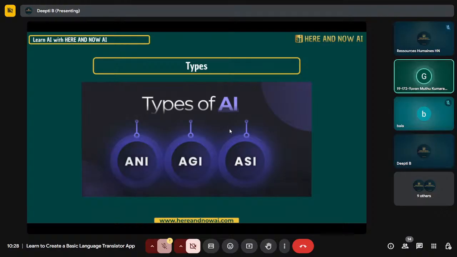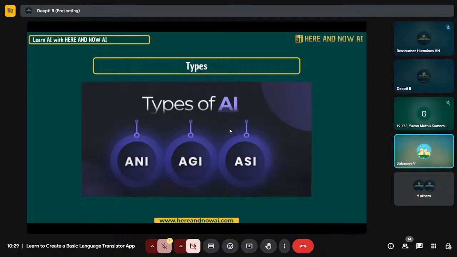ANI stands for Artificial Narrow Intelligence. Thank you, Yuvan. Yes, that is artificial narrow intelligence. Especially Sunil, Vedant, any of you to also complete what is AGI and ASI? Ma'am, AGI is Artificial General Intelligence. Yes, very good. Thank you, Subhashri. And to conclude,